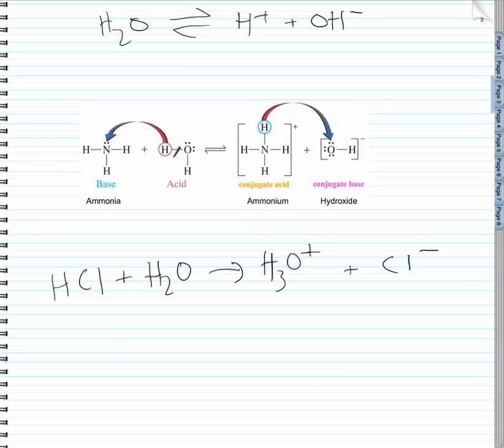So our water is the source of this donated proton. This proton here is coming from water. When we do that, we have our conjugate base left over, this OH minus, where ammonia had the lone pair to accept that. In this case, HCl is reacting with water, and you can see here water is accepting a proton from the hydrochloric acid to form our hydronium ion, the H3O+, and we have Cl- left over as